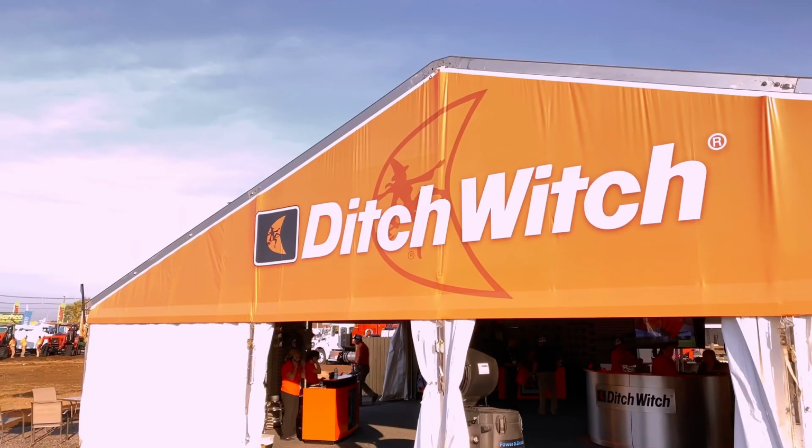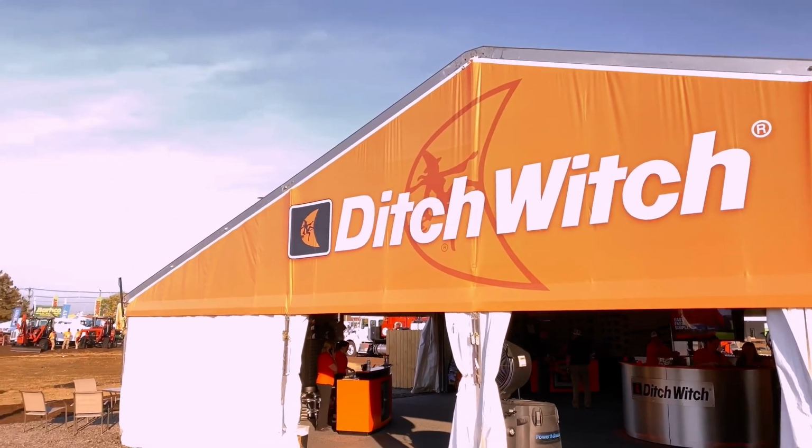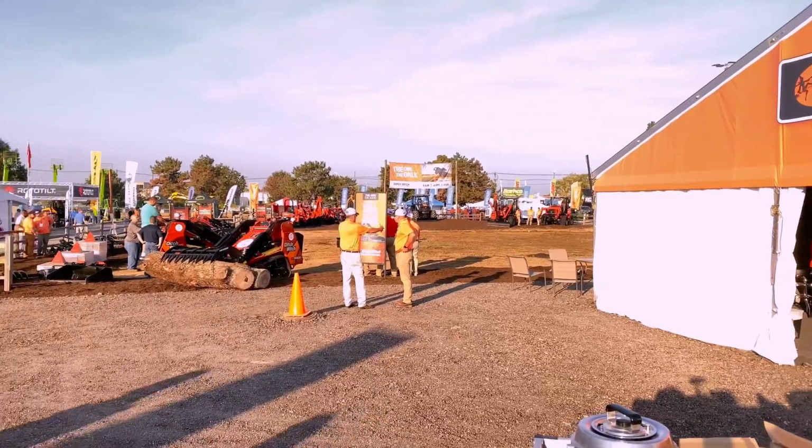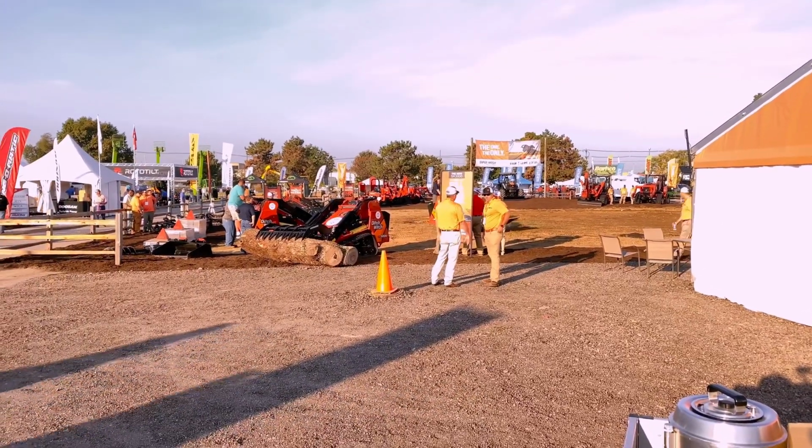Anyway, moving on. Last week we were at the IQ trade show in Louisville, Kentucky, and they have that every 2 years. Again, it's a show really geared toward the utility installation markets of construction. And beyond equipment for that, it's really dominated by compact equipment. But over the last 5 years or so, it's also become a show where we can be guaranteed to get a new look at the latest and greatest when it comes to these stand-on track